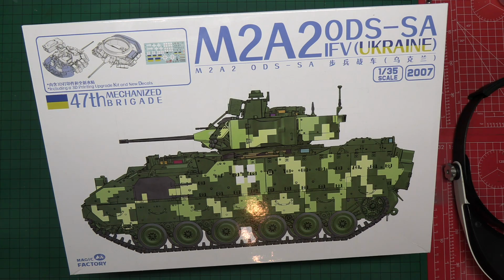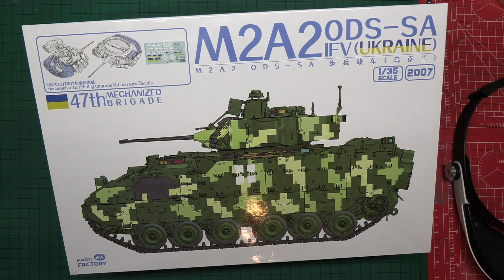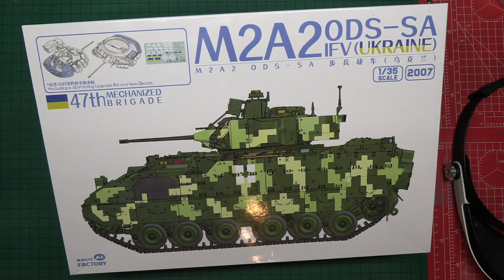I'm impressed. The 3D printed parts that they've put in really raise the game of this area here. It's really, really helpful. So yeah, and then this bit here we saw in the vinyl. I'm going to be open-minded about that. I'm not sure whether I like that or I don't like that, but we will see. Anyway, a really, really nice kit by anybody's standards, and much better than some people's, and definitely in the top